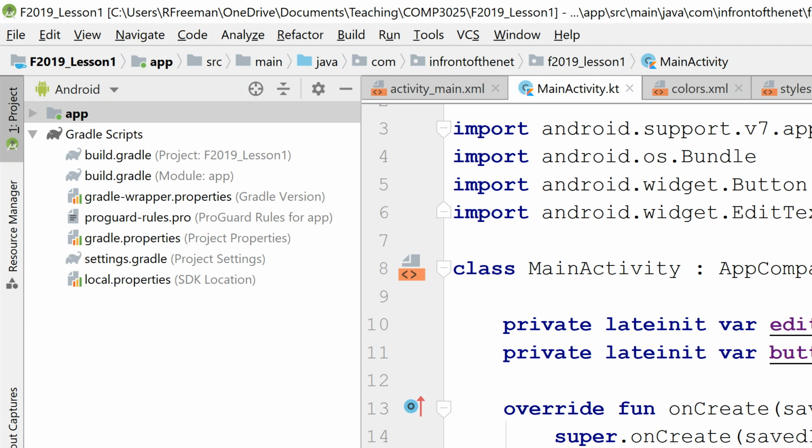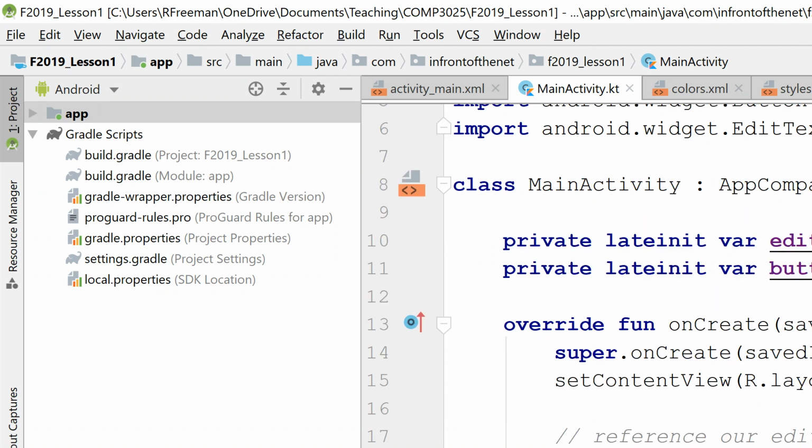So now we want to write the click handler. So we're creating an on-click listener for that